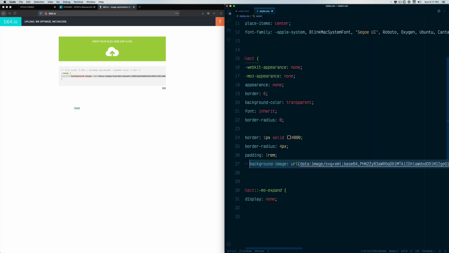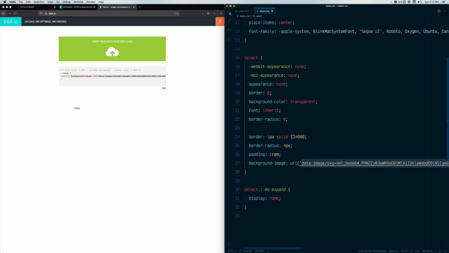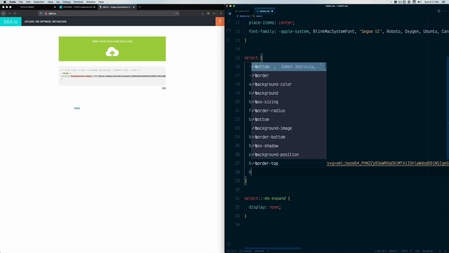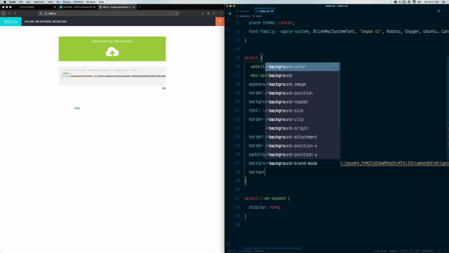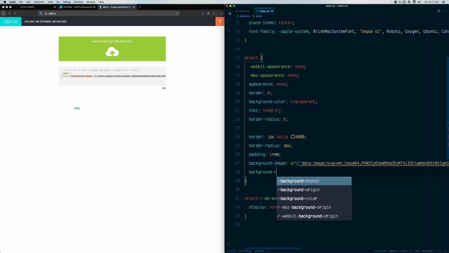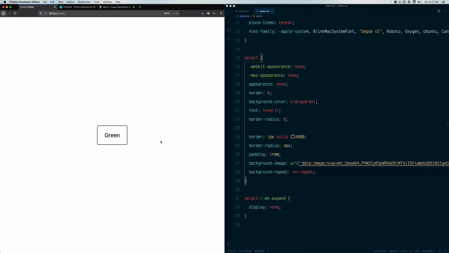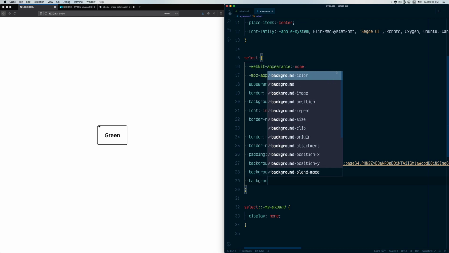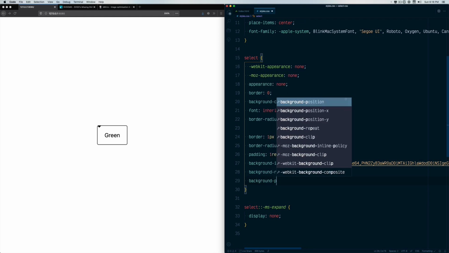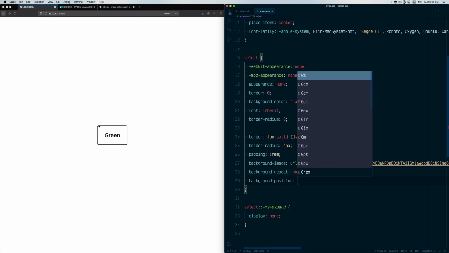I'm just going to do a little bit of formatting, add some quotes, and next what we want to do is remove some of the background repeat. So we'll do background repeat, no repeat. Let's go back to our browser, and we can see here our icon is in the top left hand corner of our select element. So next what we can do is do a background position,